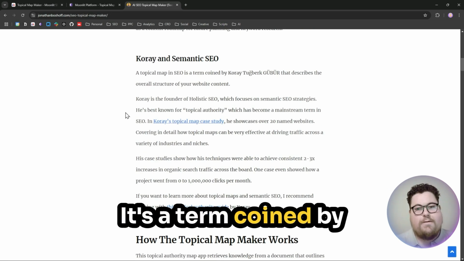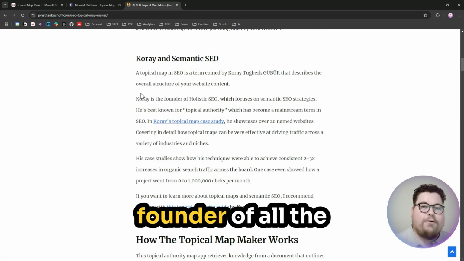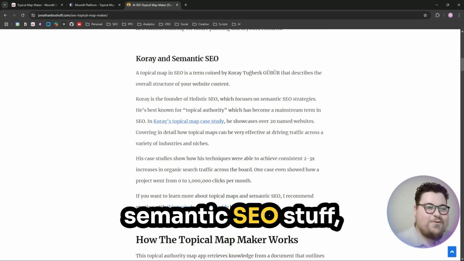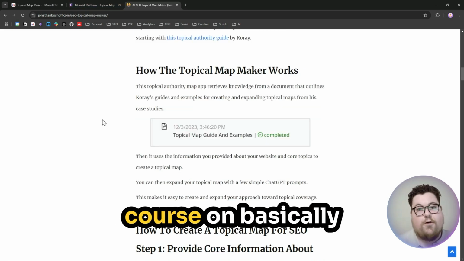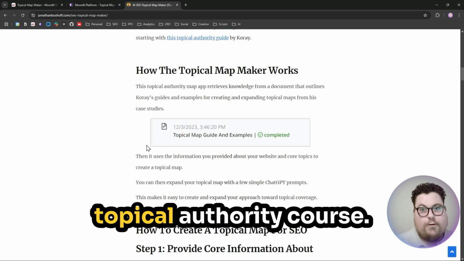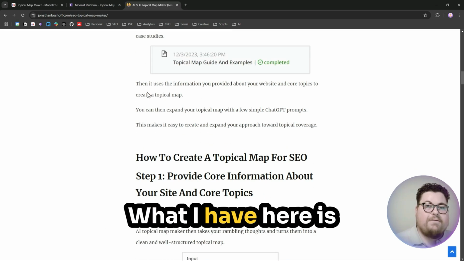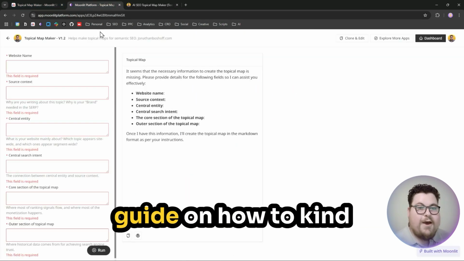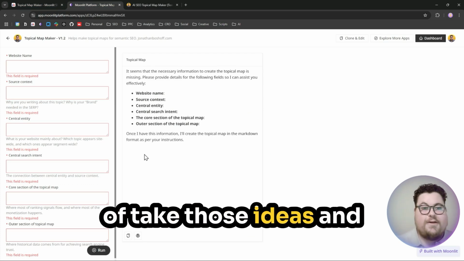There's a term coined by Corey. He's like the founder of all the semantic SEO stuff. And he's got a whole course on basically how to make these, which you can check out. It's called like the Topical Authority course. What I have here is basically just a quick start guide on how to take those ideas and